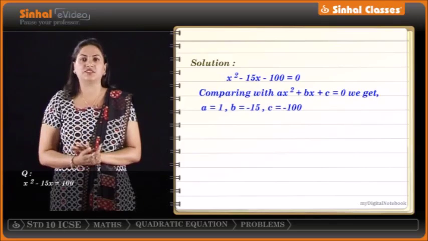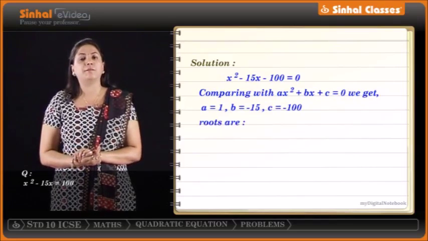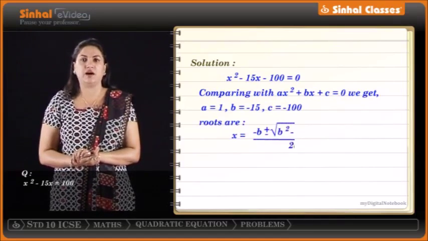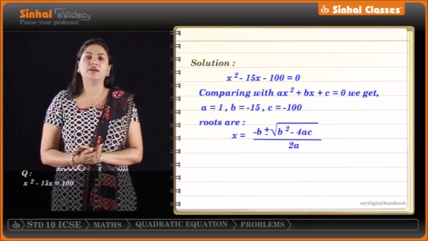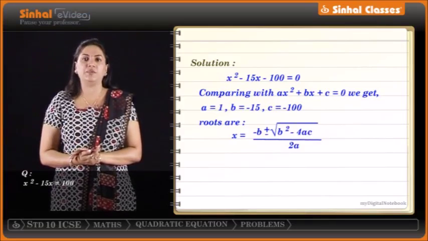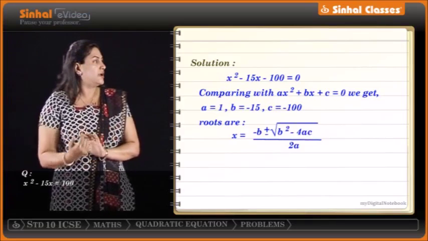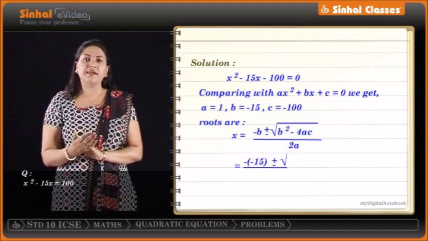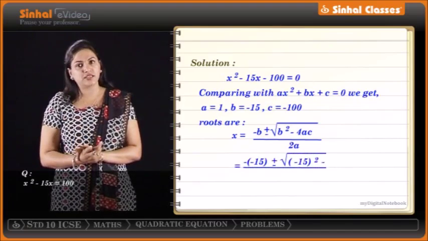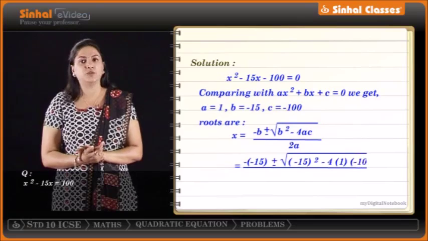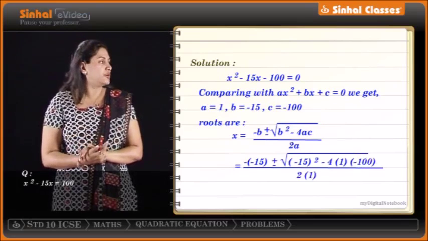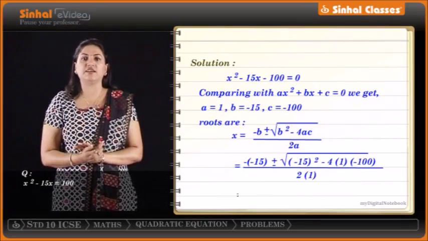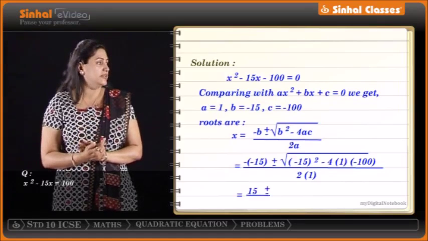Now the roots for this equation will be x is equal to minus b plus or minus root b square minus 4ac upon 2a. Now in this formula, we substitute the values of a, b and c to get minus of minus 15 plus or minus root of minus 15 the whole square minus 4 into 1 into minus 100 upon 2 into 1. Now we simplify this as minus into minus 15 gives us 15 plus or minus